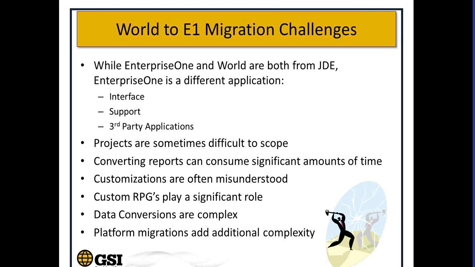And World, as an ERP in general, does not have anything like a primary key in EnterpriseOne. So what you see a lot of times in World to EnterpriseOne migrations is duplicate key field records. There are some tools that Oracle provides for looking at what records are duplicate over the key field, and there are different processes for handling those duplicate key field records, whether you add a 1 to a field over the key,